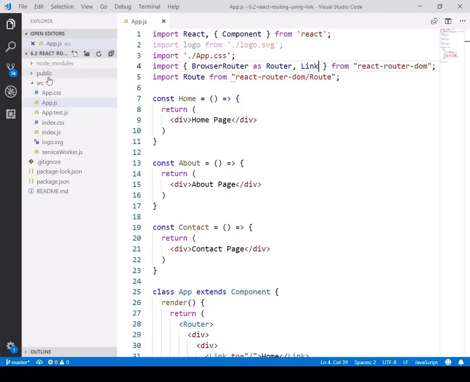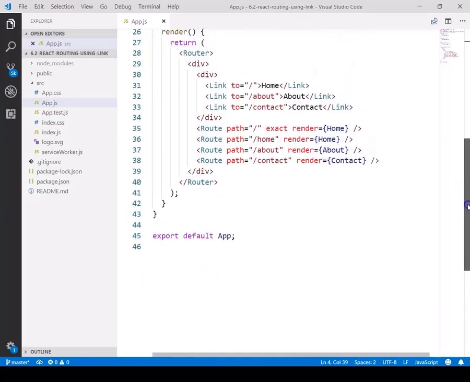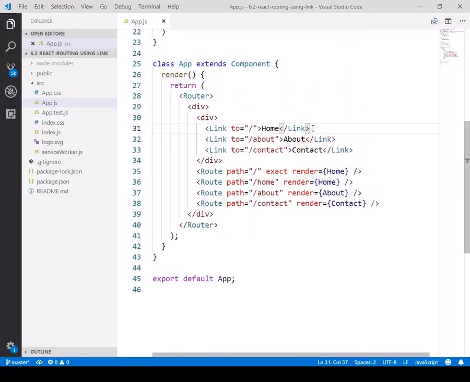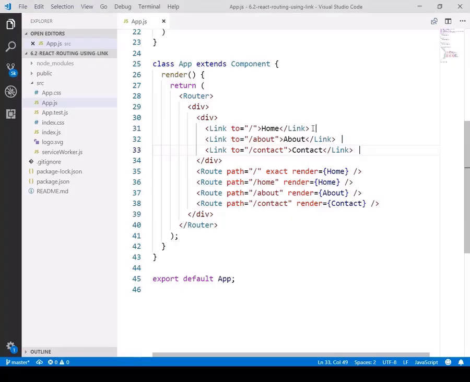When I get this link, I can see that the three links are created: home, about and contact. I can separate them with a slash or any bootstrap or anything that you would like to design your application. So I'll divide them by one pipeline: home, about and contact.